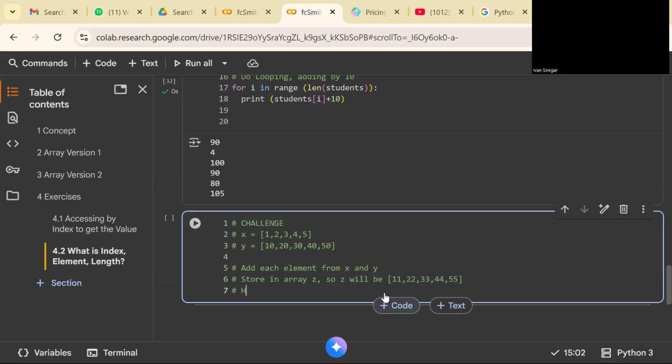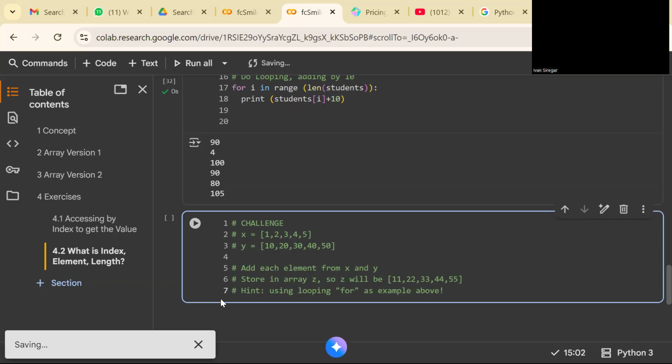So the hint is to use looping for X, like the example above. So this is the homework. Okay, adjust the code.